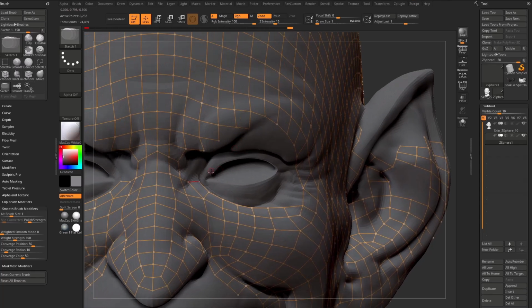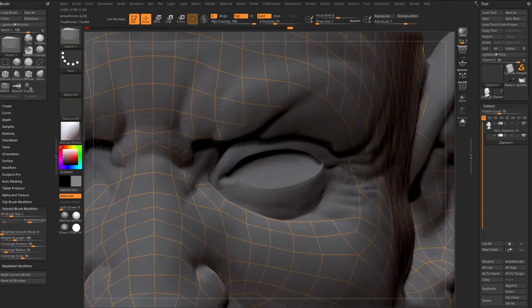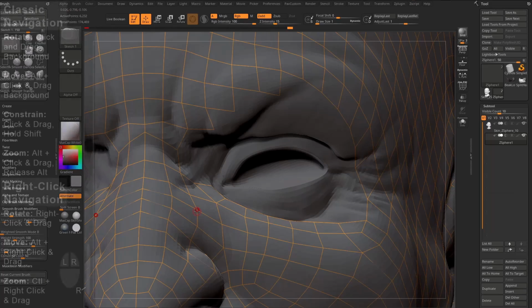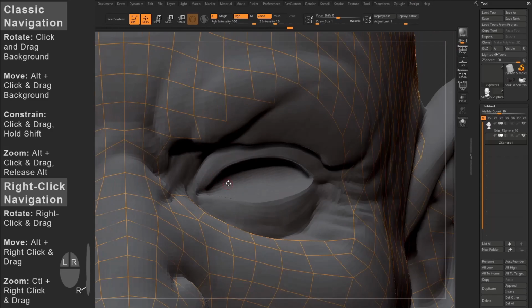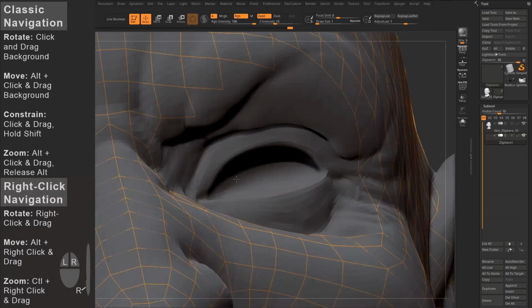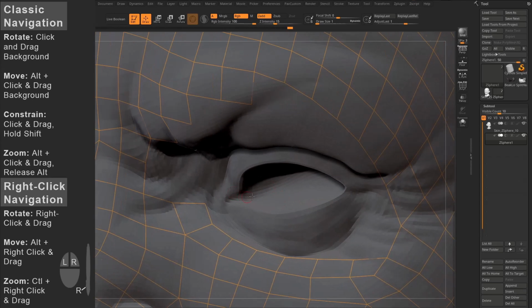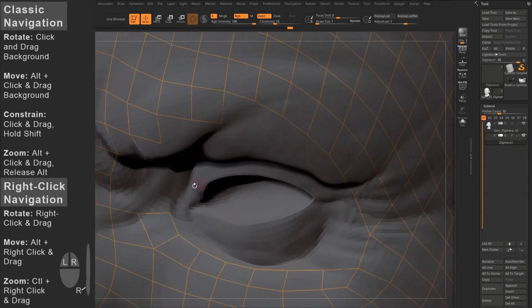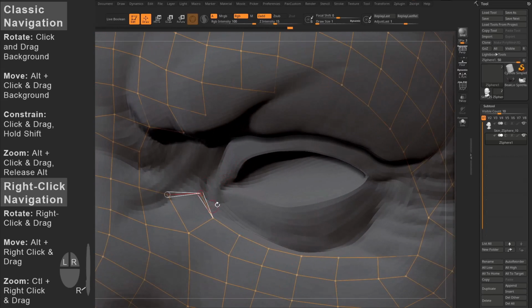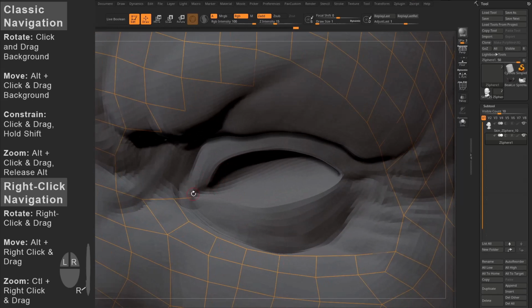Whenever I'm in here close, I like to use right-click navigation. I'll have a link to ZBrush navigation in this description, but basically use the right-click button on your tablet pen in order to navigate when you're in these tight constrained areas while you're using Z-sphere topology. By using right-click navigation, it'll automatically clear everything because right-clicking will clear your selection. So you can start right in here, start from this point, go in, navigate around. You see it deselected everything, so I need to start back here, and then you can just go in here and just draw